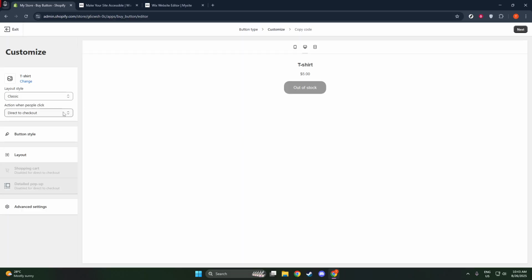Once you've created your desired Buy button, you'll be provided with a piece of embed code. This code is essential as it serves as the bridge between your Shopify store and your Wix website. With your Shopify embed code in hand, it's time to head over to your Wix editor. Think of Wix editor as a creative sandbox where you can play around with the layout and design of your